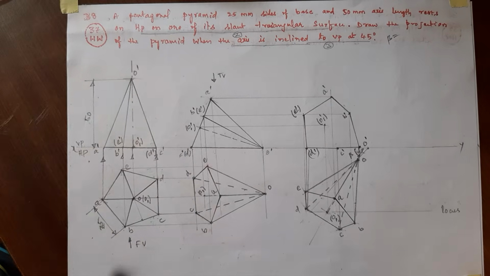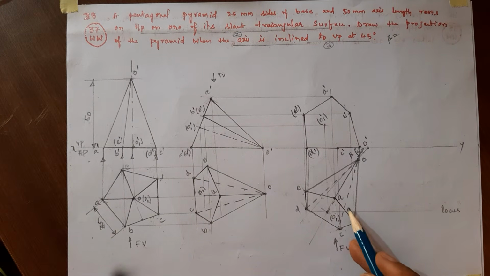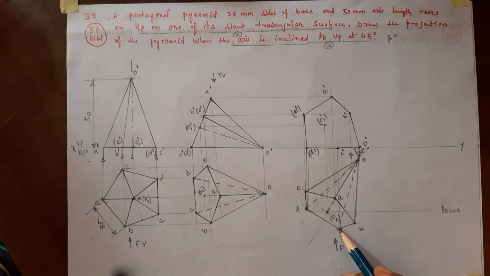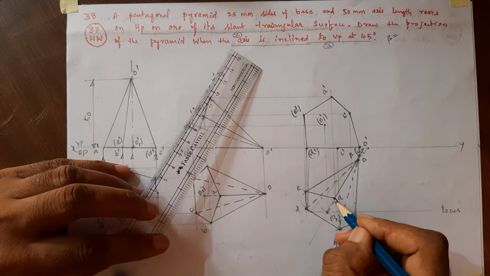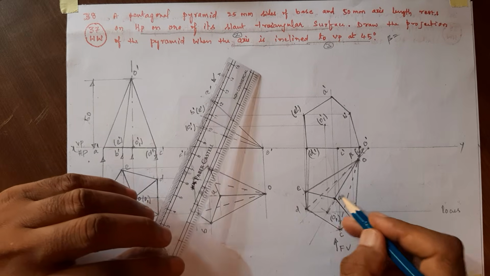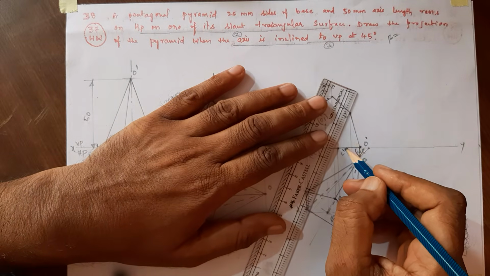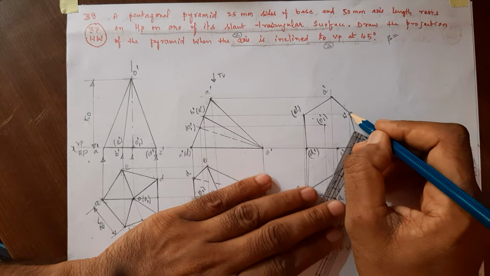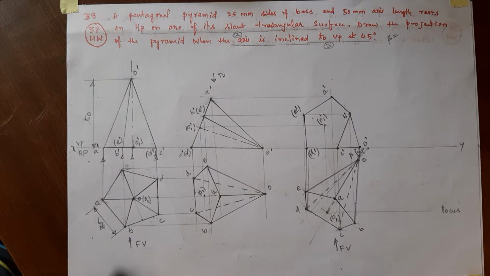Next we have to find out the inner edges which are visible and invisible. So this is the front view. So all the edges are visible. Now see here, C is visible. Okay, now B is visible. All the edges are visible here. Now C, now A. Now joining C dash to B dash. Okay. Next C to B, C to O.